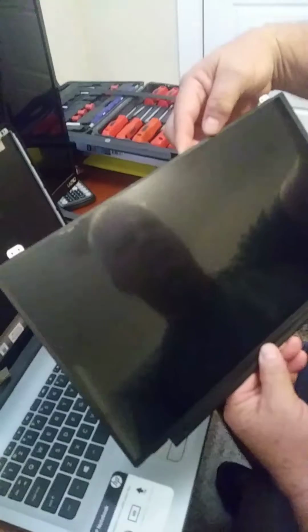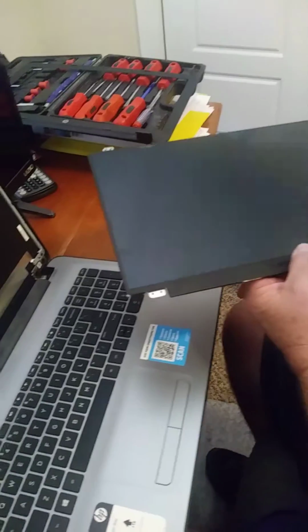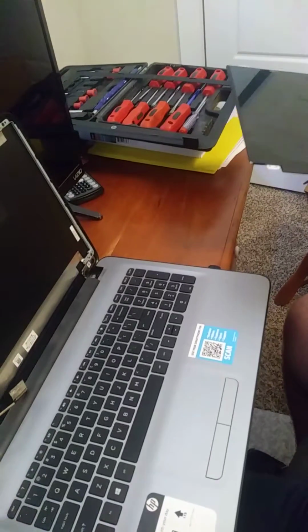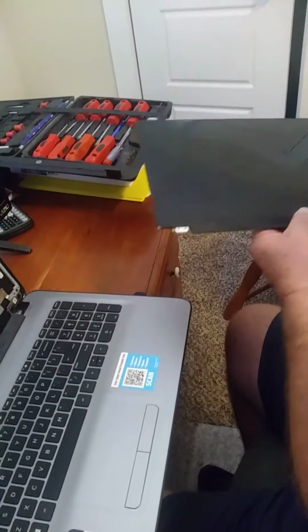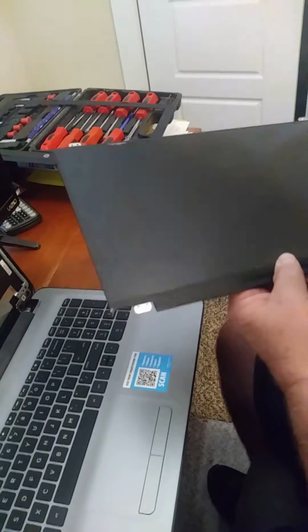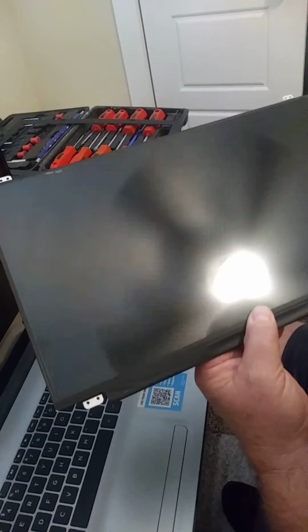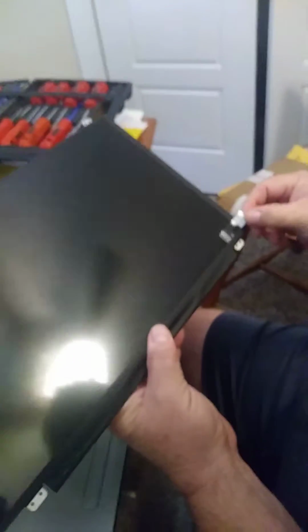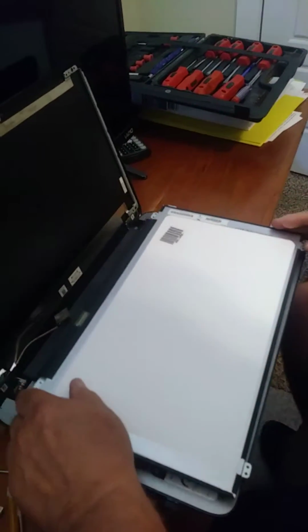Here's my new screen, received from laptopscreen.com, I believe it is. They were a very good company to order from. Very quick shipment, and they were very helpful online. This does have a screen protector on it. So I'm just going to lay this down